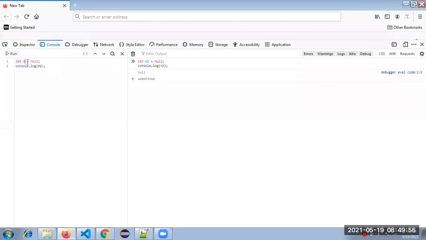If you use typeof, then also we will get the same. So null is the default value for what data type? Object.